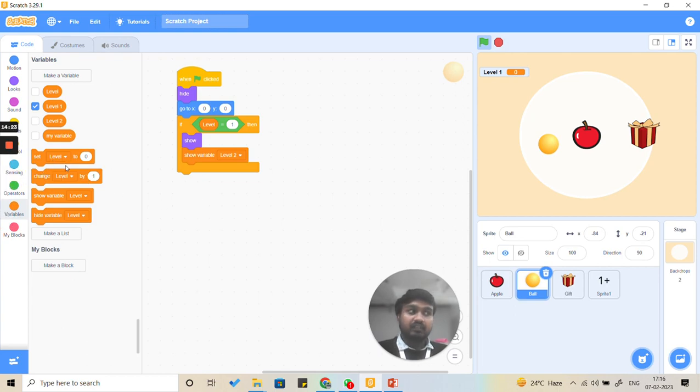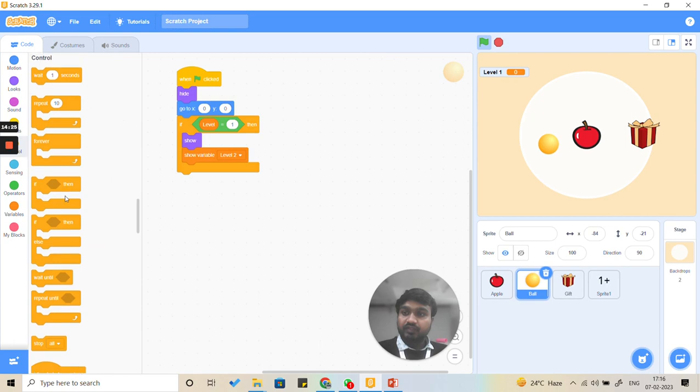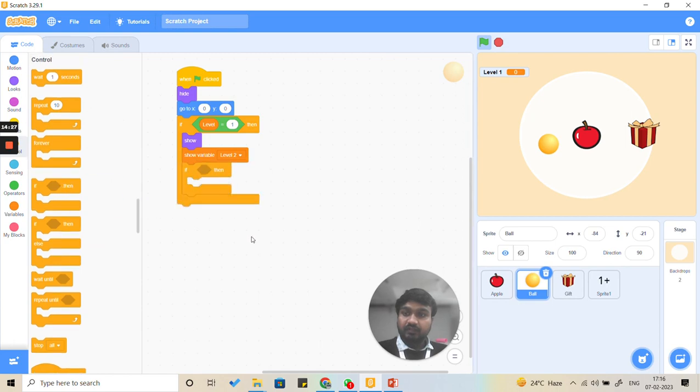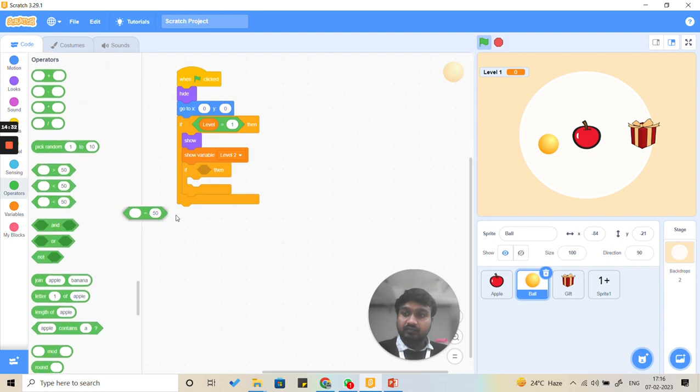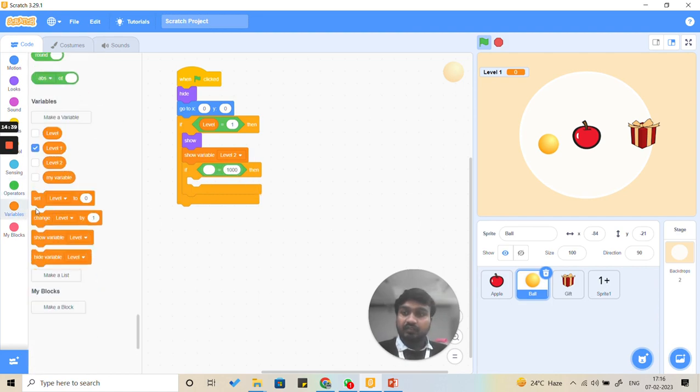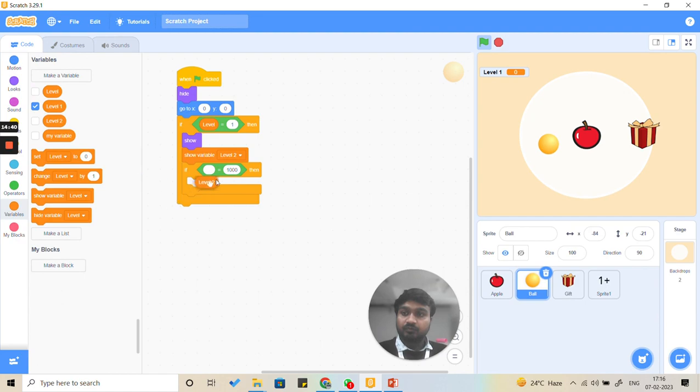After that, what we are going to do, if our level 2 reaches some point like 1000, first we'll use an if statement again, and we use a conditional operator, this, if 1000, and instead of this here we are going to place level 2. If level 2 reaches 1000, we are going to set level 2,